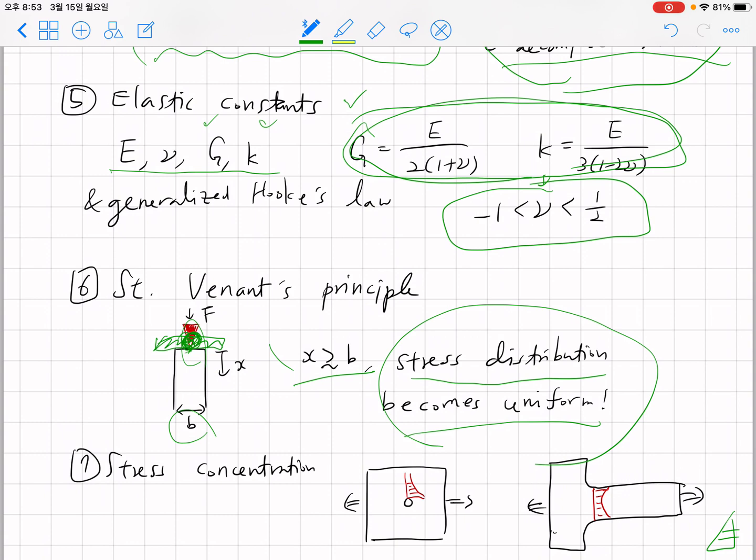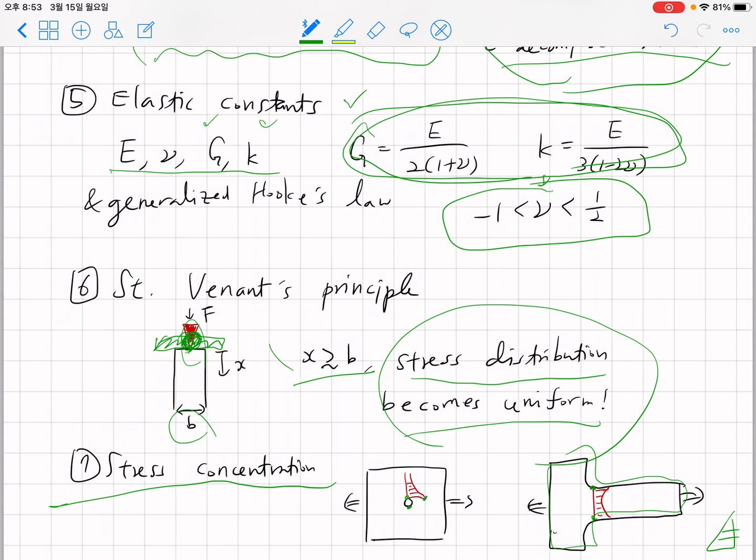Then after discussing Saint Venant's principle, we discuss the topic on stress concentration. When we have a hole in the paper, or when we have this interesting shape of the object, stress is not distributed in a uniform way. Okay, especially stress near the tip, stress near this joint is much higher than the average stress, and we have the table or figure for stress concentration factor, and by utilizing stress concentration factor we